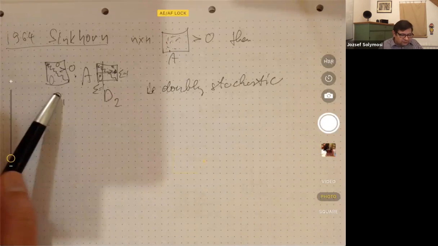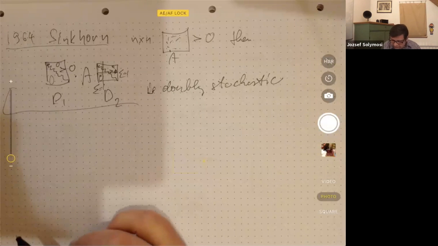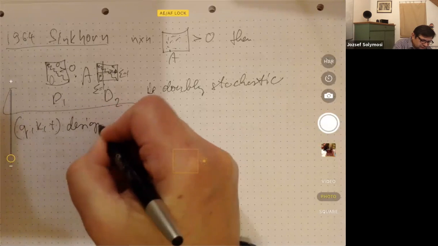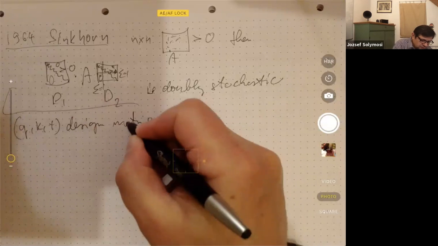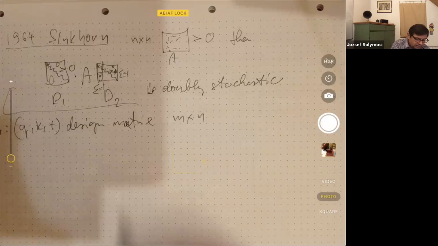So the technique from here can be used to make our design matrices close to, well, I can't say that every entry is 1 individually, but when you do the calculations, they behave similar to the 0, 1 matrices. And then that's a rank bound. So let me write here the rank bound we have for design matrices. If you remember, what were the parameters? We had Q, K, and T design matrix. It was M by N, and this is A. And then the rank of A,